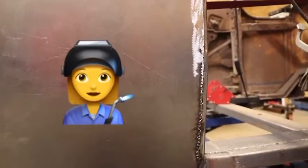She needs to do some of the sheet metal work and grinding and all that, because it's so much fun. And I know she likes doing that